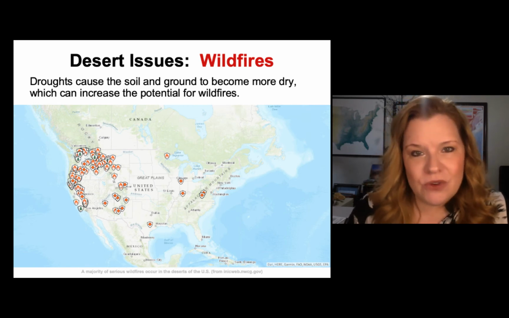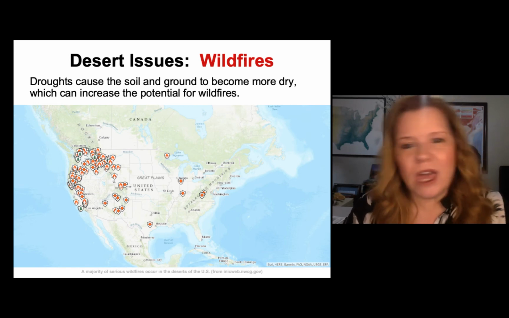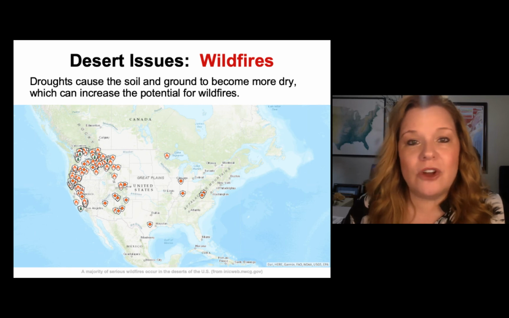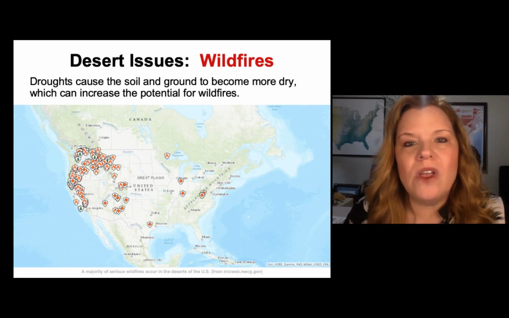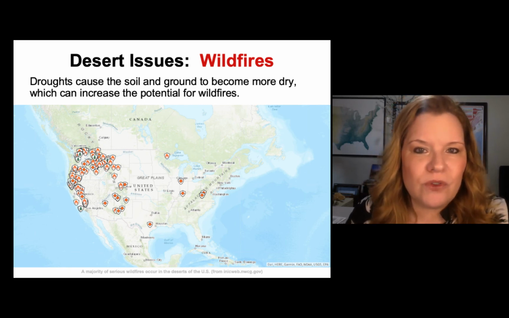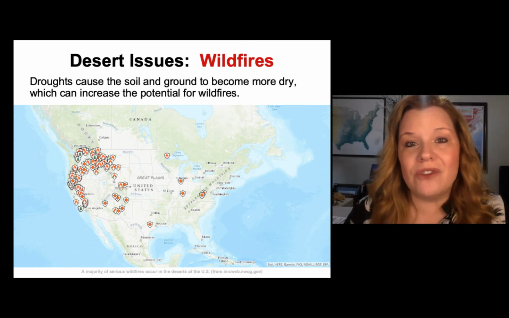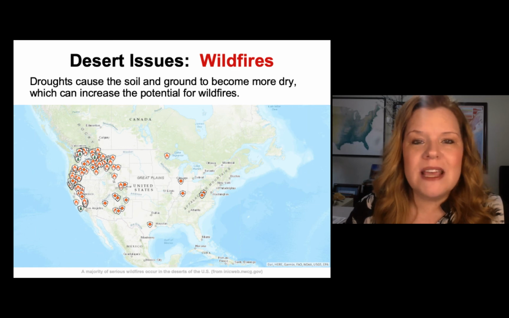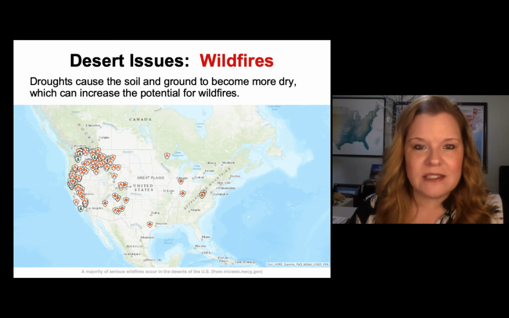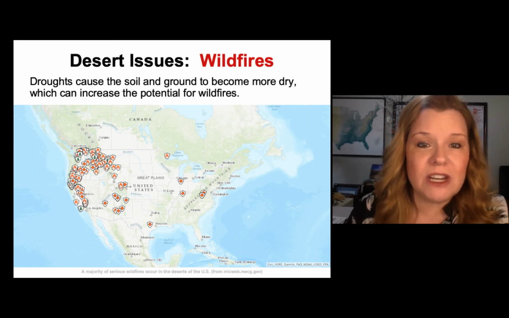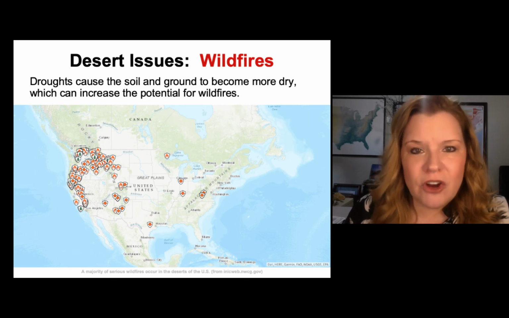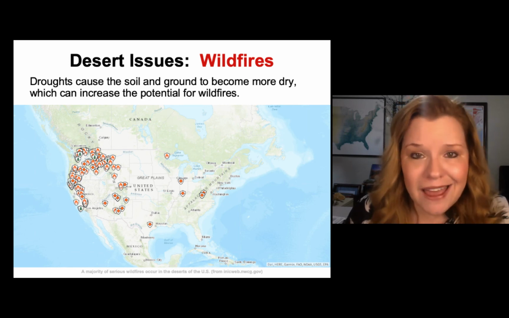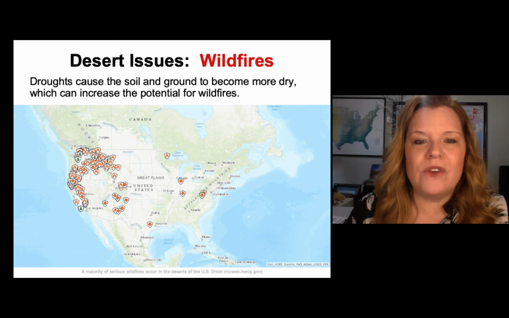Wildfires are another consideration in the desert. So you kind of put all this with climate change in there, and then the drying of the soil. You don't have a really good fertile soil anyway. You get potential for more wildfires out west and southwest. That's certainly been the case over the last about decade. We've seen an increase in the severity, the size, and the scope of wildfires.